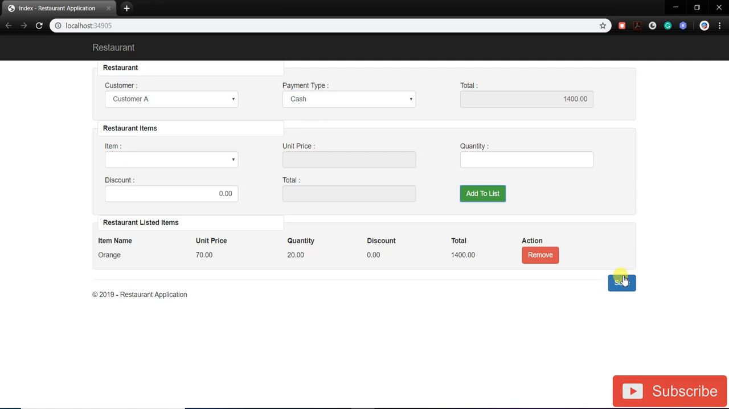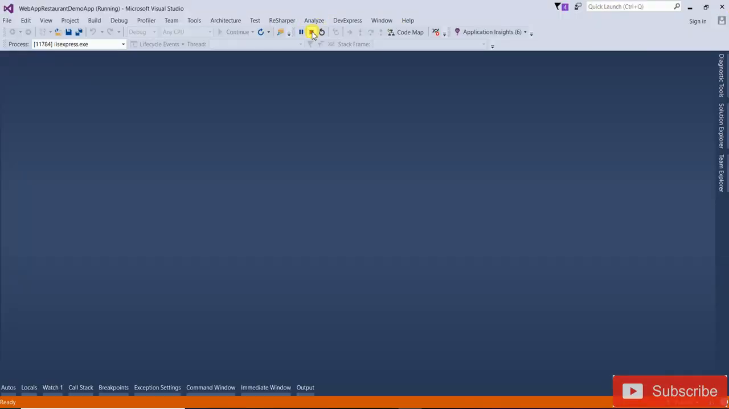In this video we are going to handle the payment. Instead of Pay/Save, it will be Checkout. Once you check out, the payment screen will display. In the payment screen you can enter the amount and the return amount, and it will show the balance. Once you click on Pay, it will save into the database. Let's start. Just close the browser,